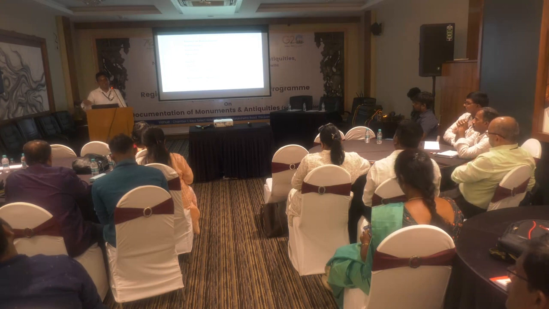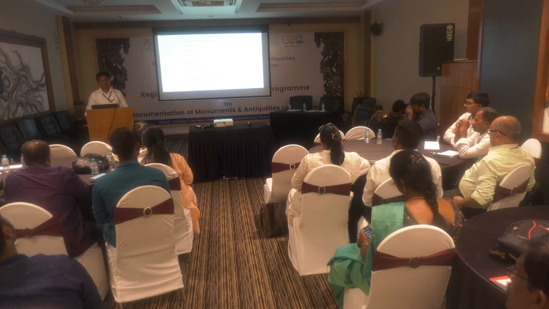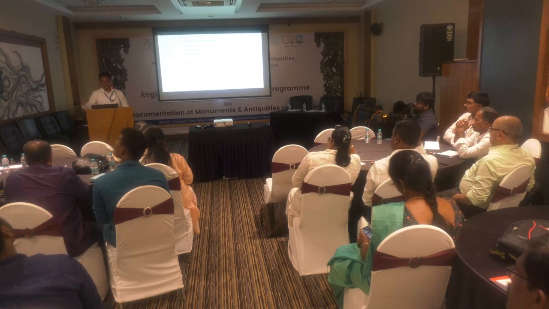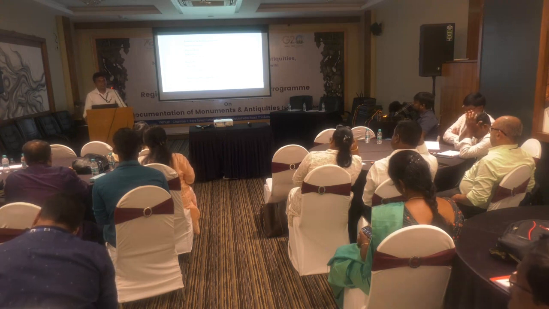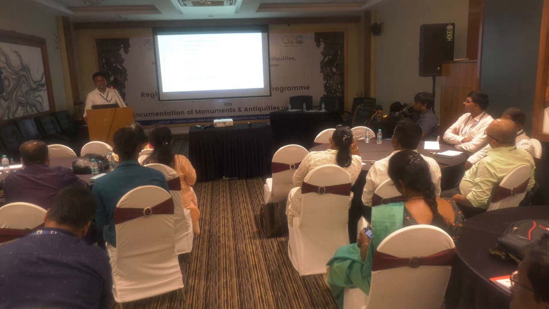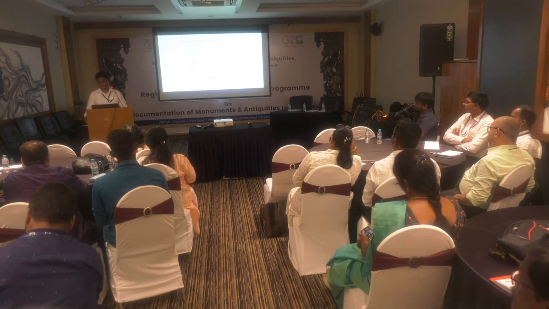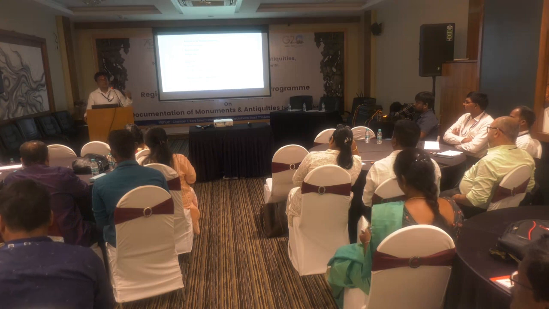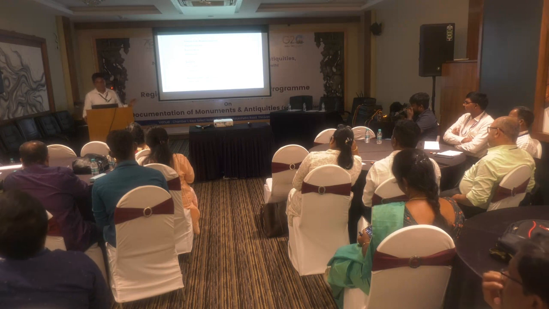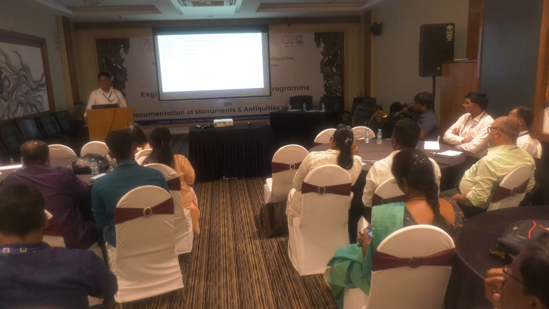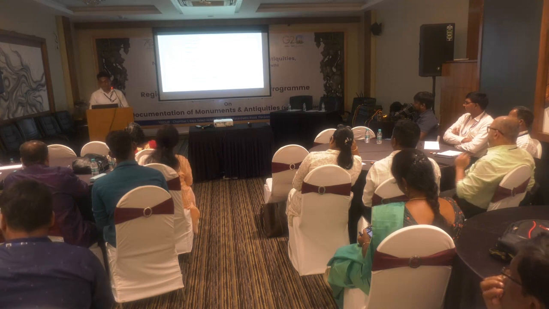Then the state in which that museum or institution is located. If we are writing Chennai circle, then the state will be Tamil Nadu. Then the accession number or registration number. In some cases the antiquity doesn't have an accession number, so you should write the registration number of the particular antiquity. This column is compulsory for all the documentation we are doing, so it is the most important thing.